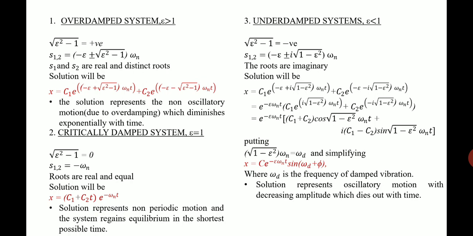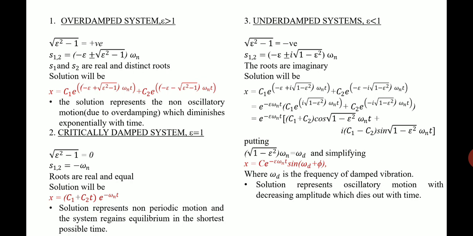When t tends to infinity, as time passes, the oscillations die out. But this is the only case where you have oscillations. You can check the other two solutions also. There is no sine component, it's not a periodic function, but in this case the solution is a periodic function with sine component, so it is an oscillatory motion in case of underdamped system, which exponentially decreases. Please do understand that here also the amplitude decreases exponentially.